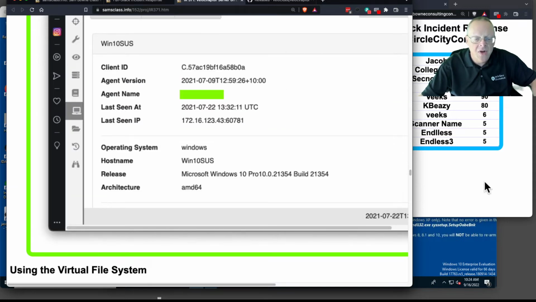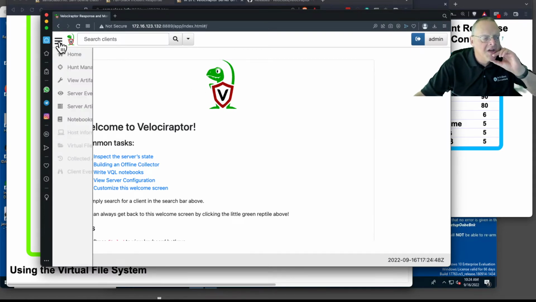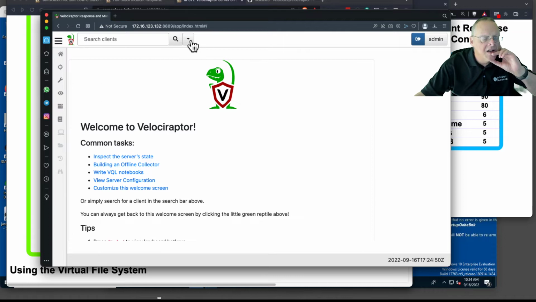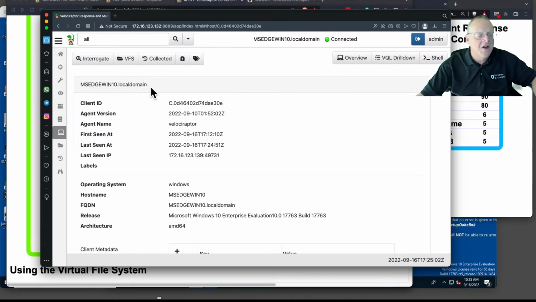So if we go to here, you can investigate the virtual file system. So if you go up here and search clients, you can view all clients, and I have a client. In fact, this one's not around anymore, but this one is around. So this is the one I'm going to use. This is a Windows 10 machine. So if I click the blue link, it'll take me to this machine and show me basic information about it,